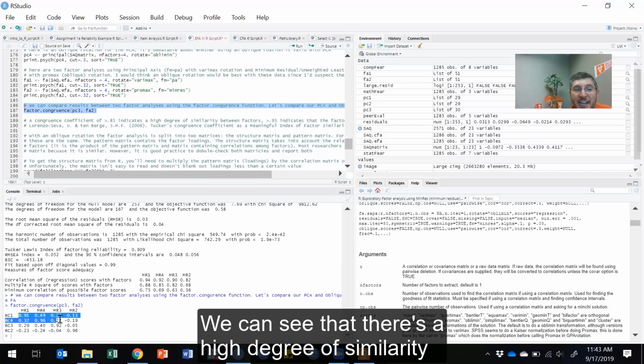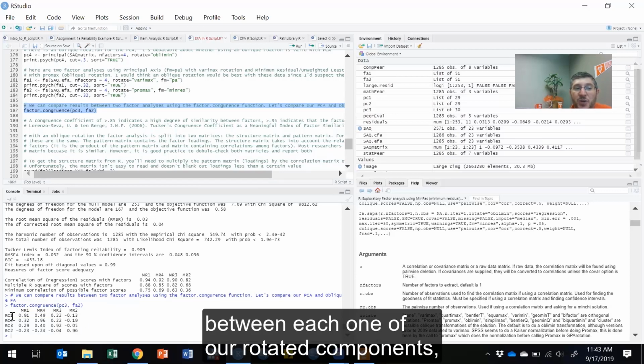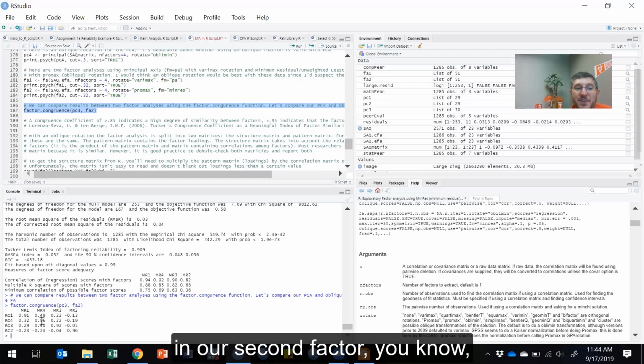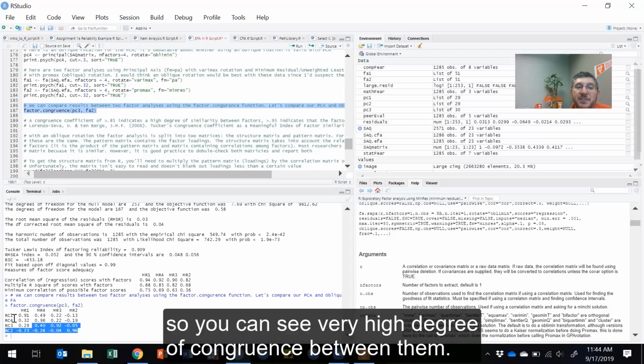We can see that there's a high degree of similarity between each one. Here's our first rotated component and our first factor, our second rotated component and our second factor. So you can see a very high degree of congruence